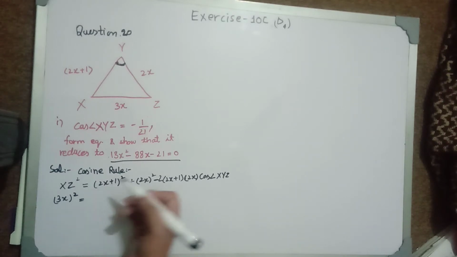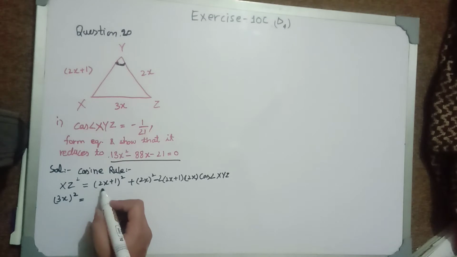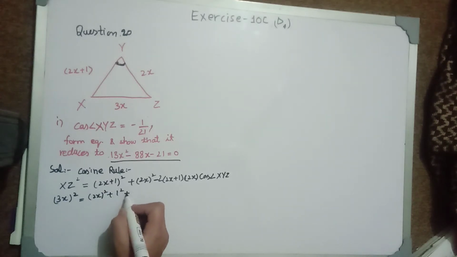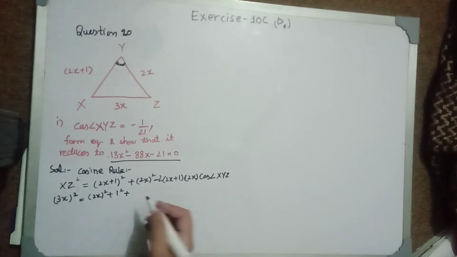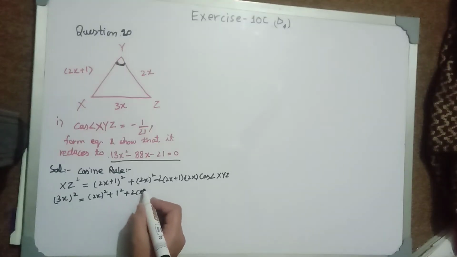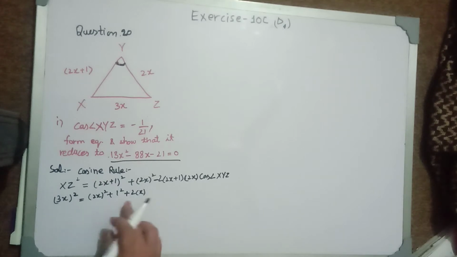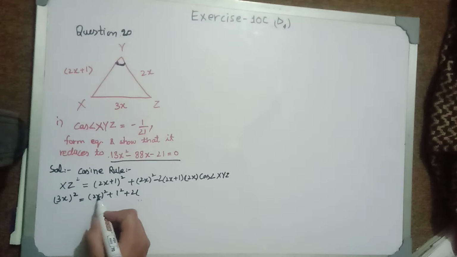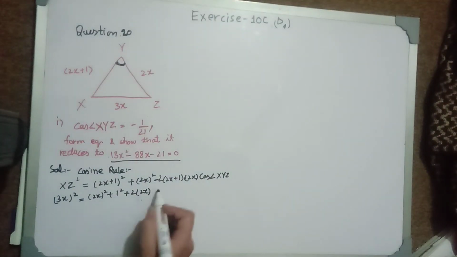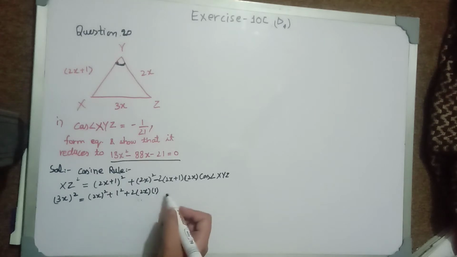So I'll take the square of the first term, that is (2x) square, plus 1 square, plus 2 into the first term, which is 2x, not only x, as you can see from here, plus 2 into 2x into 1,